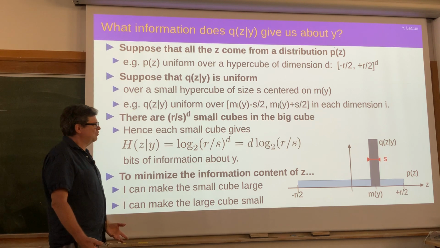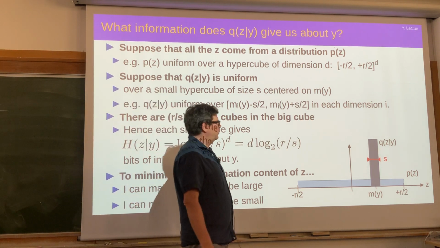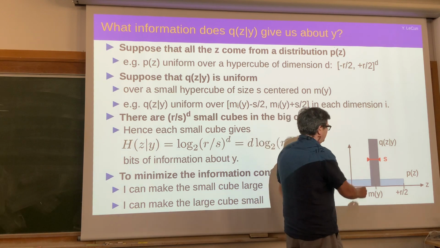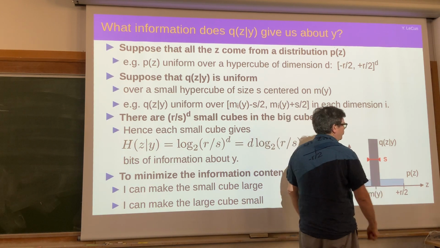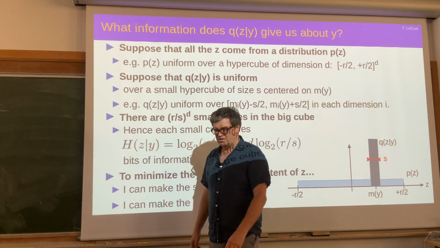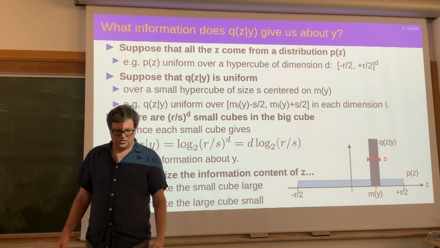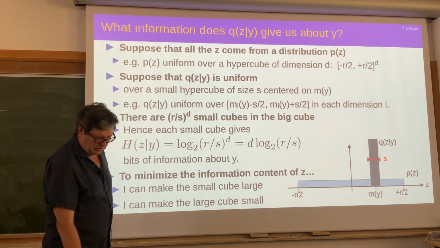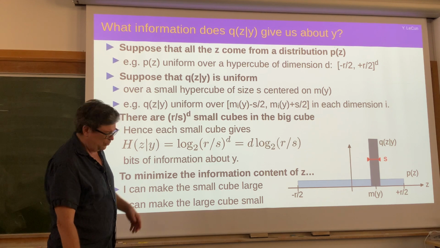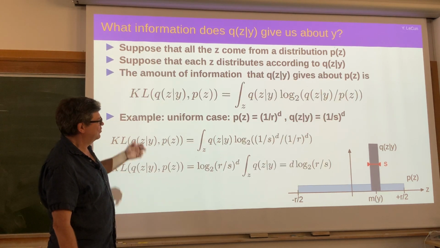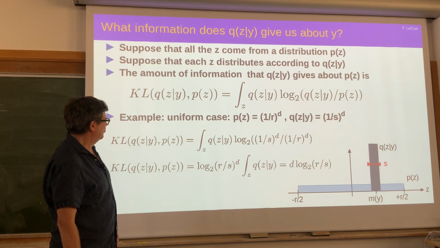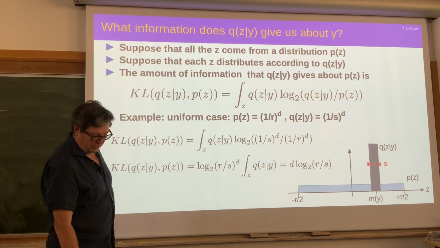So if I want to minimize the information content contained in Z, what I need to do is make the ratio R over S as small as possible. Now, more generally, you may not have uniform distributions. It could be Gaussians or whatever, and you can go through the entire calculation of what really is the information content,